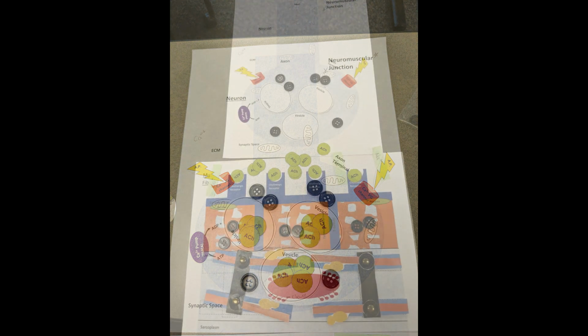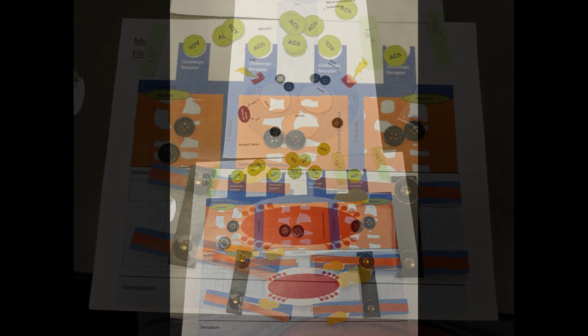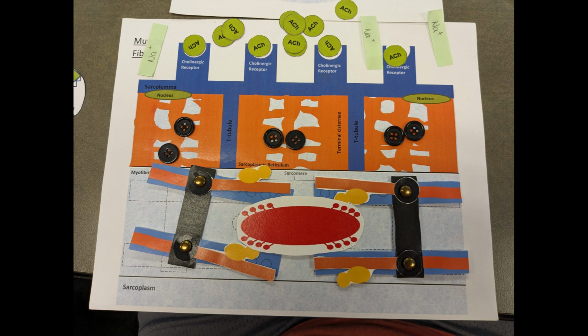When calcium binds to these proteins, it triggers a response for the vesicle to release the neurotransmitter acetylcholine into the synaptic cleft. That's basically the space between the neuron and the muscle fiber. This can also be referred to as the synaptic space. Now we start to transition to the next step, which is